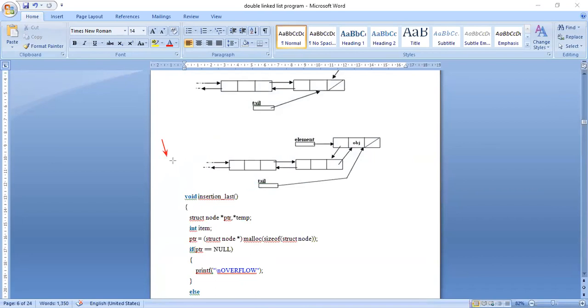If it is not null, I will be traveling like this, like this, like this. Here it is null. So I will stop here. While temp of next not equal to null, temp is equal to temp of next. So I will be traveling to the last part.